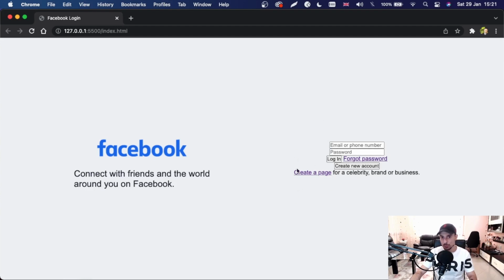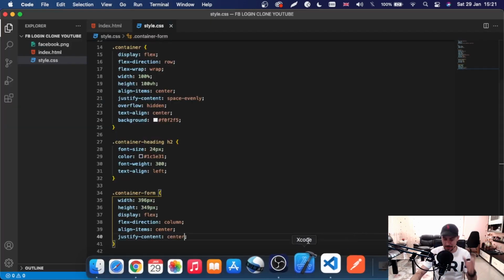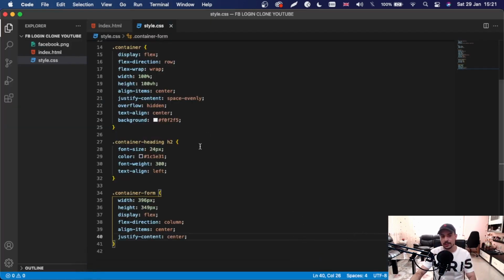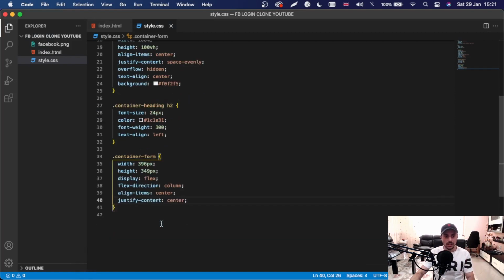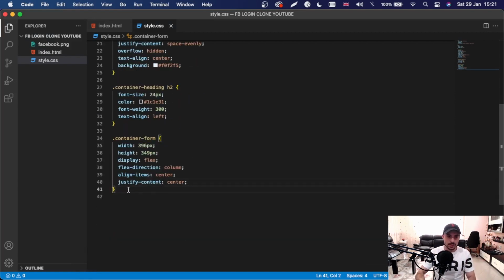Inside this container, I'll give this container a box sizing, a drop shadow, and a background color. And after the container dash form, we can start styling the login box to see this container holding those elements. So, login box